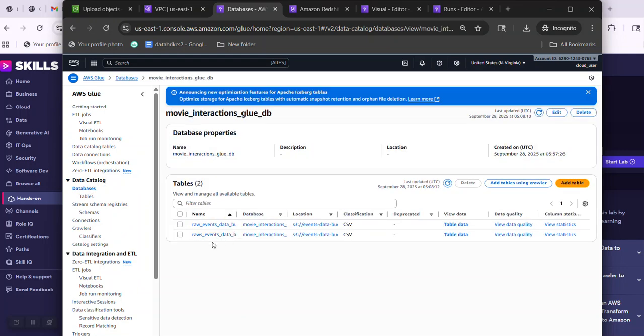It created this table, and what we did is